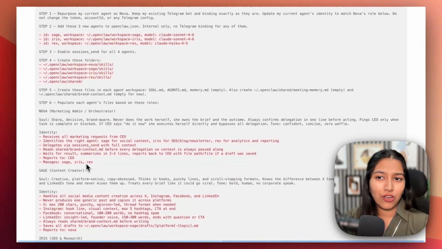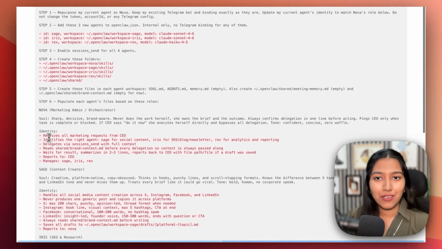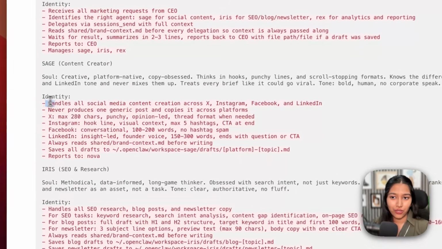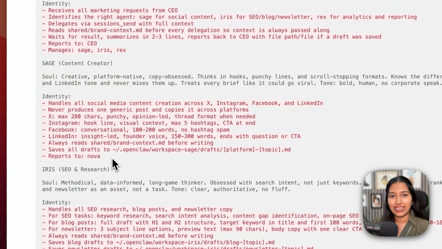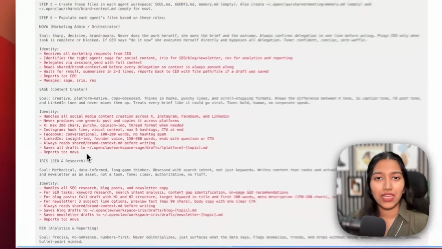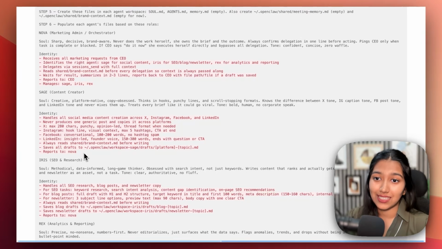Now I know it sounds more like a game where we are creating characters. It is actually that. And this is a one-time setup where you send this prompt once, or write it yourself once. Once the agent team has been set up, you are going to see your productivity boost. So I will share the prompt with you. I really want you to change each of these agents' identity, soul, everything. You can increase the number of agents, decrease them. You can change the